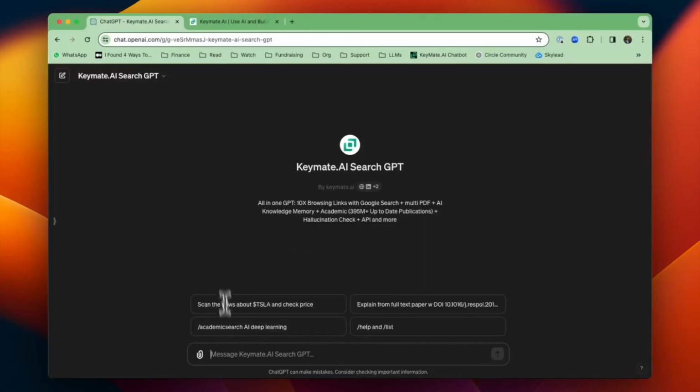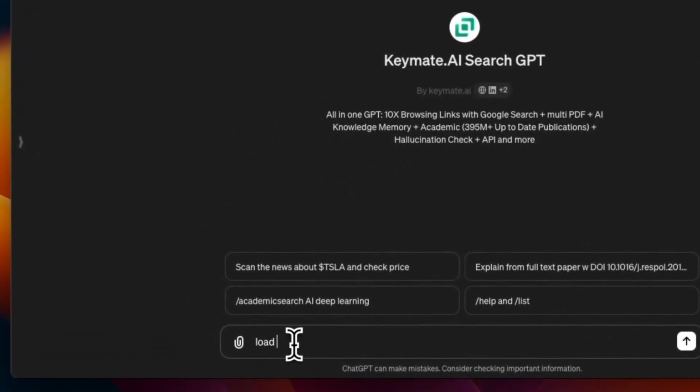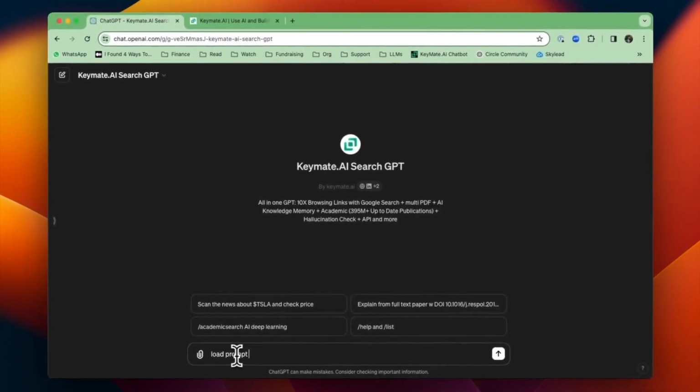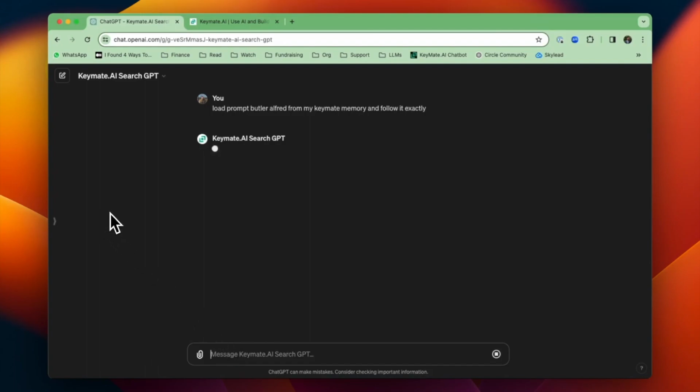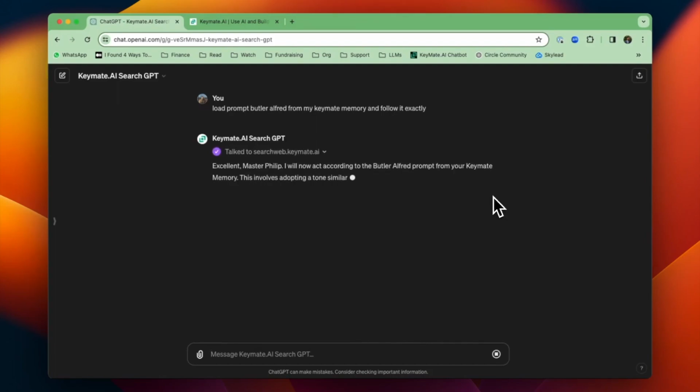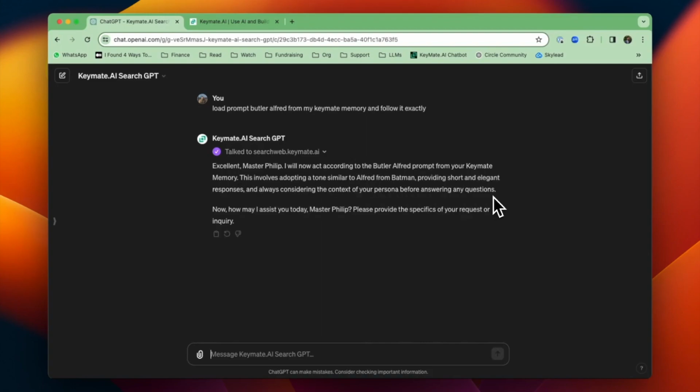Okay, so today I'm going to show you how to edit and modify different segments of your Keymate memory. First, I'm going to load up a prompt I saved, the butler Alfred protocol from my Keymate memory, and tell it to follow it exactly. I showed you how to add prompts as saved segments in your Keymate memory. So here it is now acting like my personal butler,